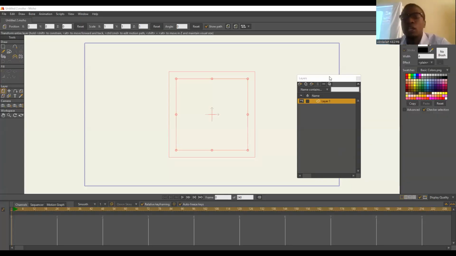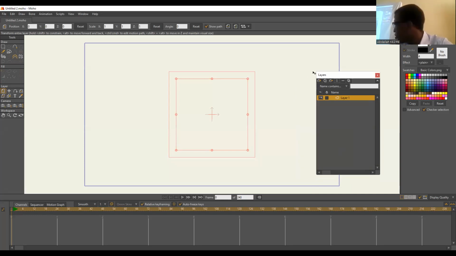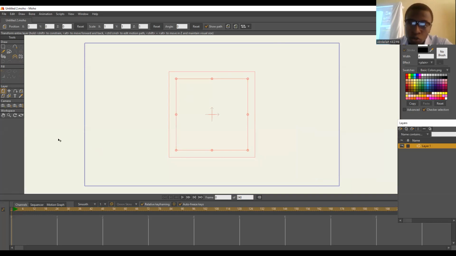This one flying around, it's written here layers, and it is the one I was talking about. Here you'll have a list of all the objects you are manipulating in your software. In big here, white with the blue rectangle, you have the viewport where you will see all the objects you are manipulating.